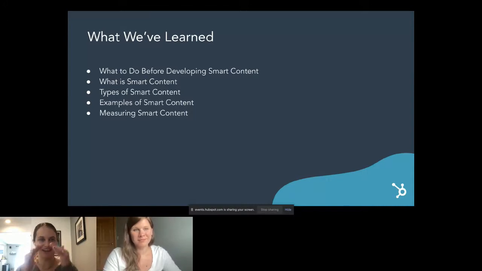I call the ones that have tons of branches nightmare Christmas trees. They can get really, really big. Sometimes it's warranted. There are complex instances where you need a workflow that looks like that, but I agree that anything you can do to streamline the workflow process and leaning into smart content and personalization to do that is definitely helpful, especially when you're working with a team.